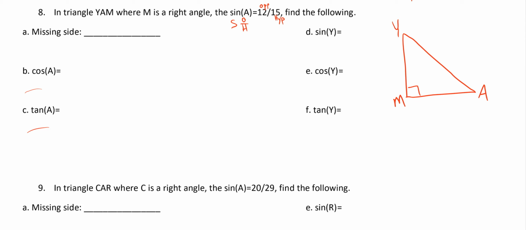So we're going to use that information, and we're going to come over to our triangle. We're going to say, okay, well, here's angle A. The opposite of angle A is right here, so that has to be 12. And the hypotenuse of our triangle YAM is right here, so that's got to be 15. Okay, so we got a nice little setup here with our triangle. Now what we need to do is find this missing side first before we can do anything else. So to find the missing side, when you know two of the sides, all you have to do is